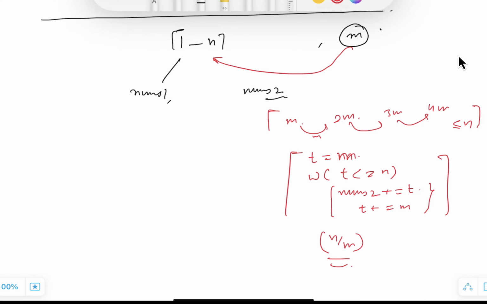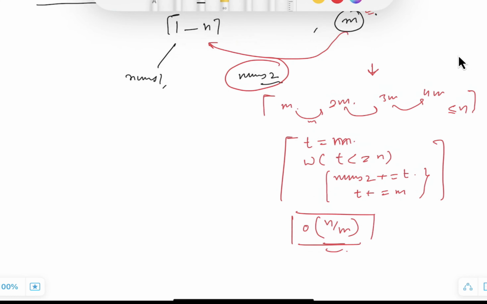And here, why did I do this? I did this because after this I will be able to find out nums2. Nums2 is the sum of every multiple of m within this range, and this sum I will be able to figure out in order of n divided by m. But what is the use of that? See, the use of that is